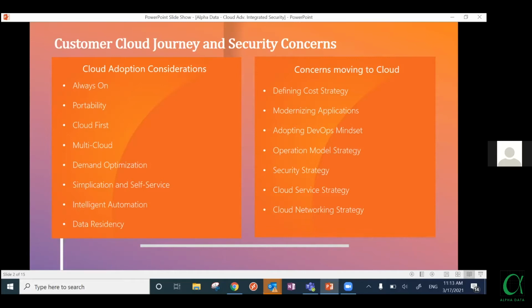And the third concern we have observed so far is security strategy. We very well know that on-premises you have multiple layers of security, but do you know how you can create a baseline of security on your cloud? Is it the same as what you have on-premises, or is it entirely different? What are the points where you have to stop and think, okay, I need this and I wouldn't be needing this, or do I need to replicate my entire security baseline from on-premises to cloud as well? These are some of the concerns which customers have raised, and I would like to address them in this webinar.